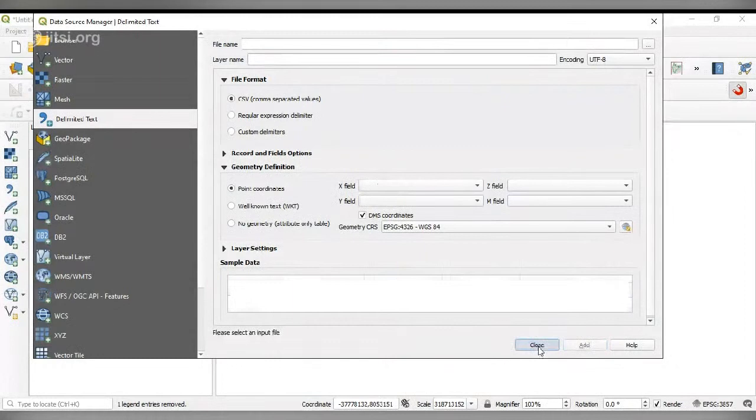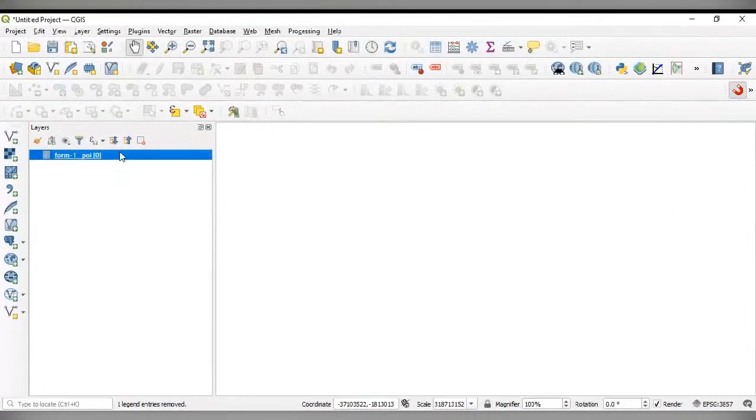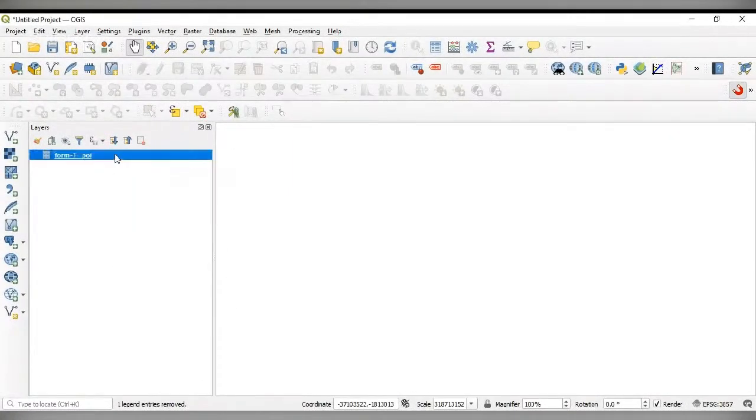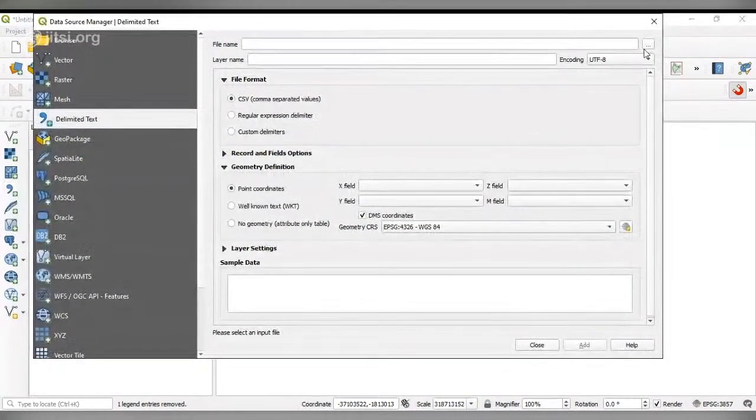Close it. Oh, sorry. We haven't given the file name. Layer name we have not given. Just a minute.